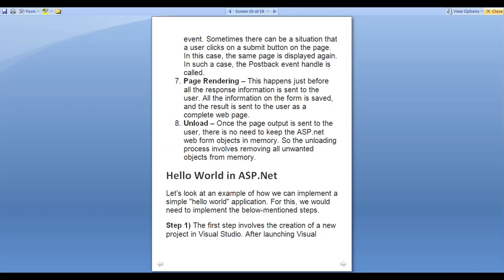So in such a case the postback event handler is called. It means that particular event handling is done. That is called postback event handling.